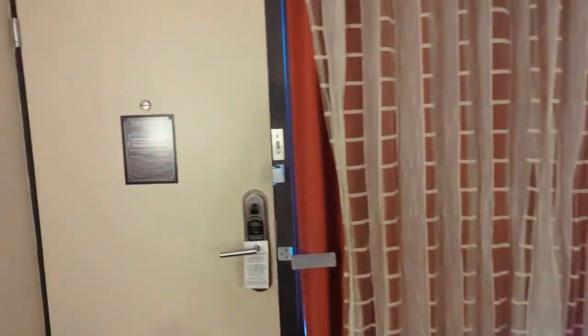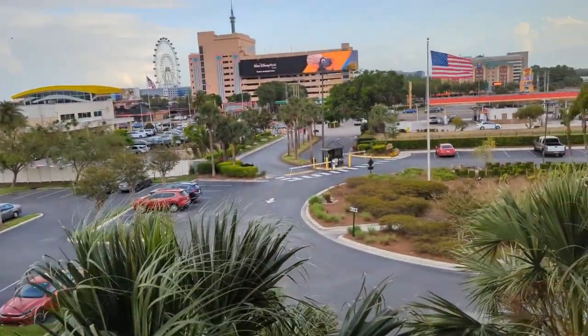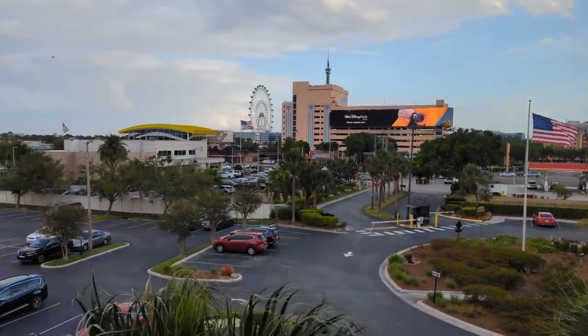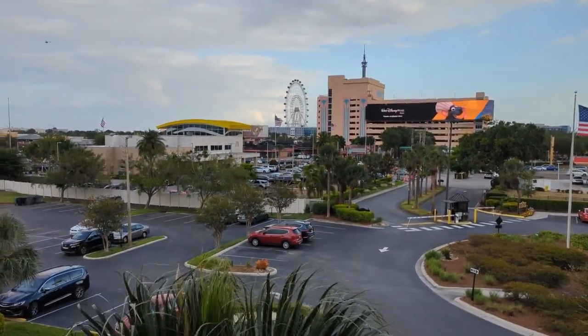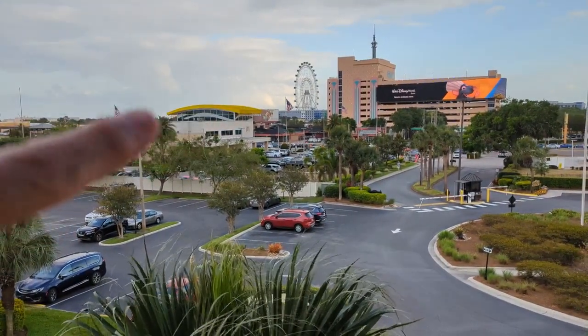Right, let's have a look at the view from our room. You can see down onto I-Drive there. Got a couple of coaches making a racket downstairs, it's normally quite quiet. You've got the Orlando Eye just there, McDonald's,